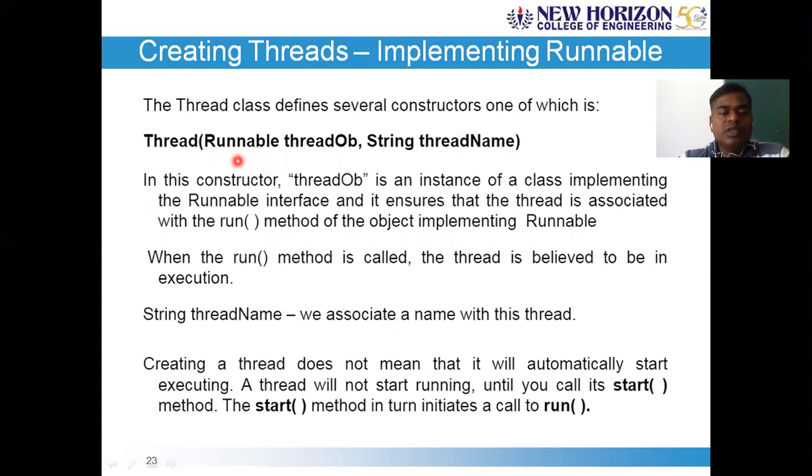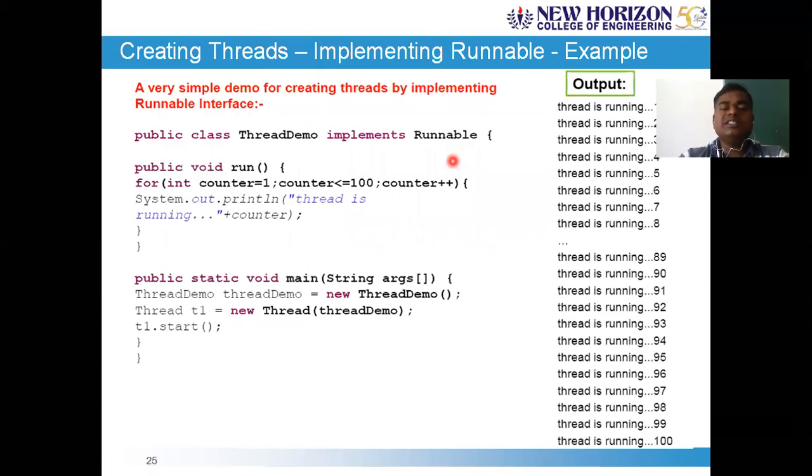So here, a thread, runnable, and a string name. The thread has a constructor where you can assign a runnable thread object, followed by a name that you can assign to the thread that you are going to create. Okay, let's look into the example of creation of a thread using the second technique, that is by implementing the